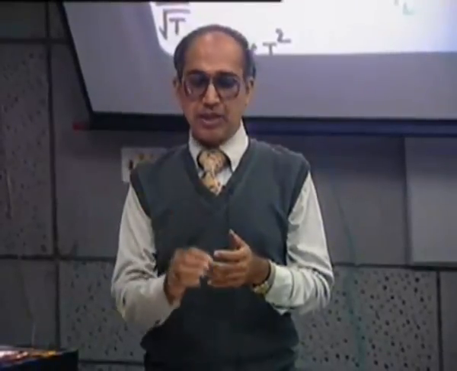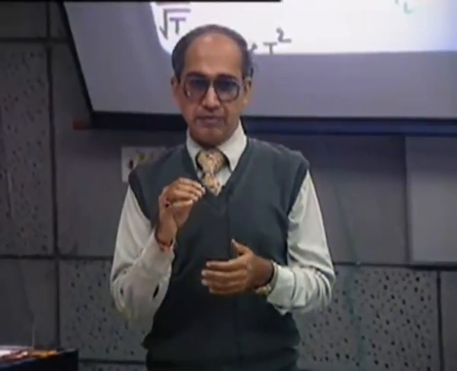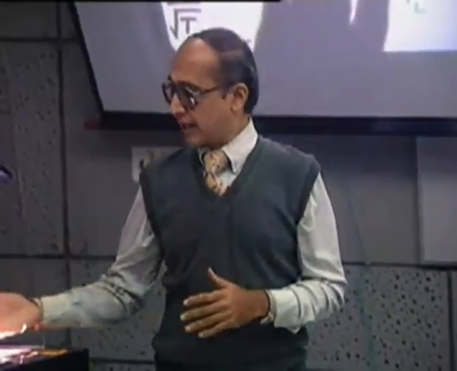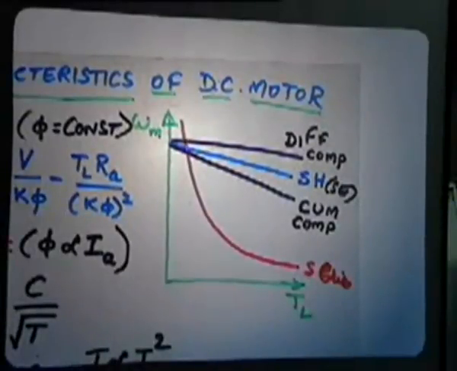I think we come to the end of this lecture today by recalling that by a qualitative explanation of the variation of flux with current, variation of torque and variation of voltage, that means by using the simple relations of torque generation, voltage generation and the field generation, we may get a qualitative picture of all these characteristics, which can also be measured in the laboratory by conducting appropriate tests.